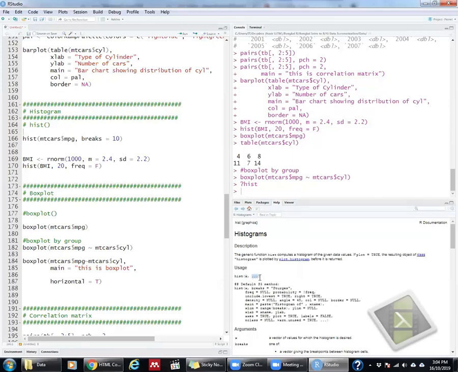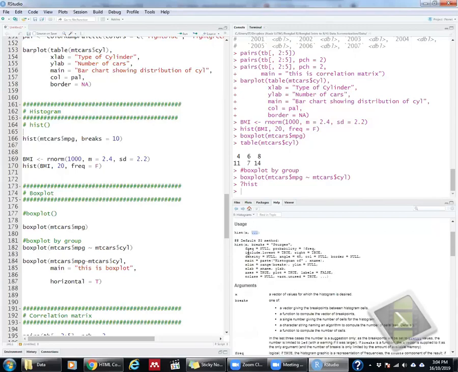And followed by some arguments. The arguments that it sets are frequency equal to NULL and breaks based on Sturges' rule. Still remember Sturges' rule? So that's why in histogram in R, they break the categories based on Sturges' rule, right? So this is by default. And frequency equal to NULL. Frequency means